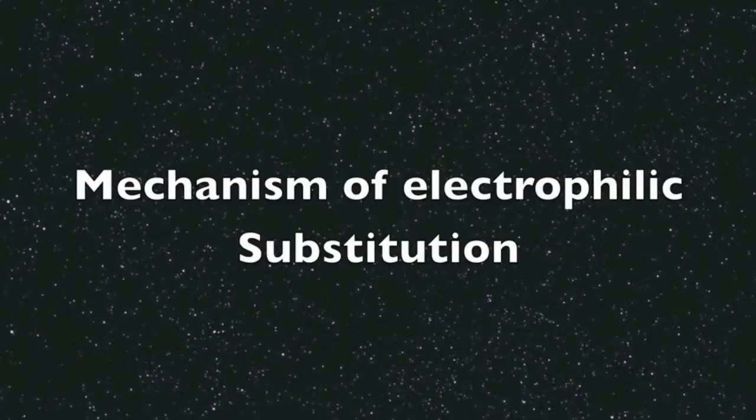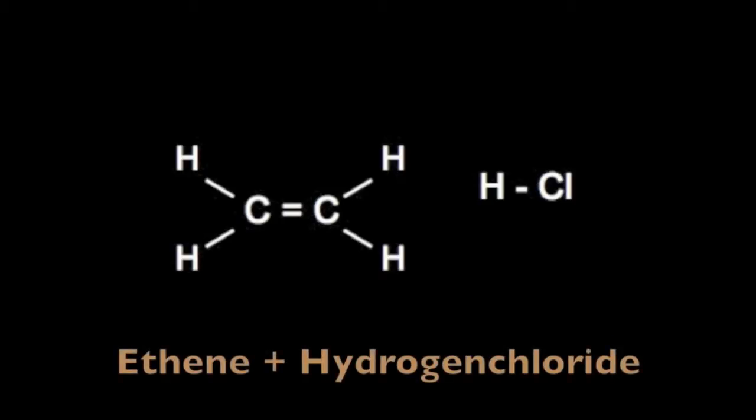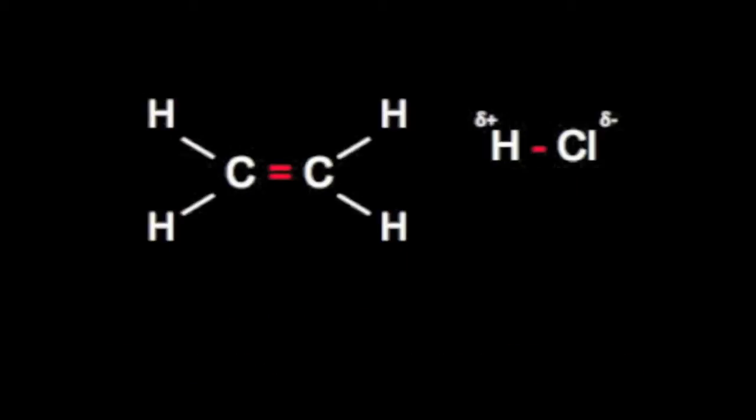The mechanism of electrophilic substitution across double bonds. Here shows a symmetrical alkene, ethene, which contains 2 carbons and 4 hydrogens. By looking at the reaction between ethene and hydrogen chloride, since the hydrogen atom is partial positive and the chlorine atom is partial negative,